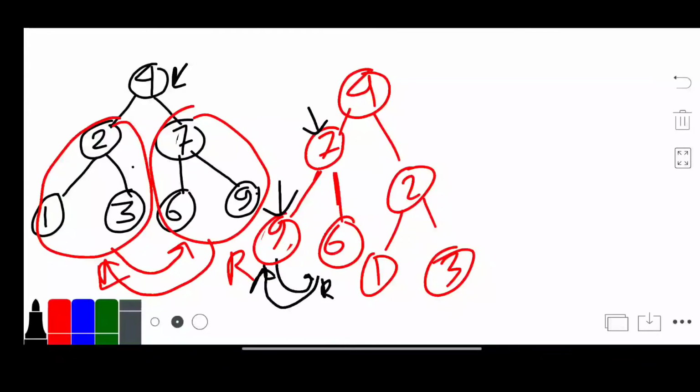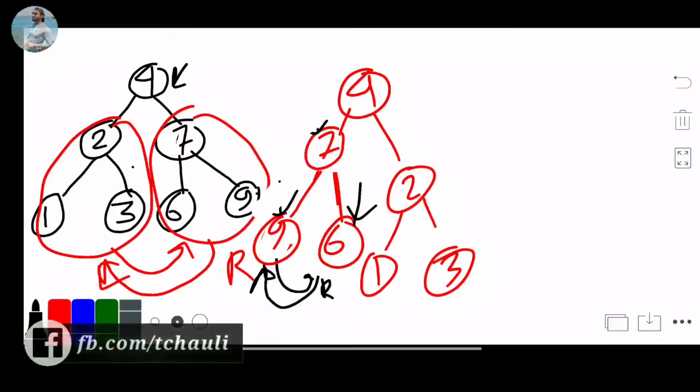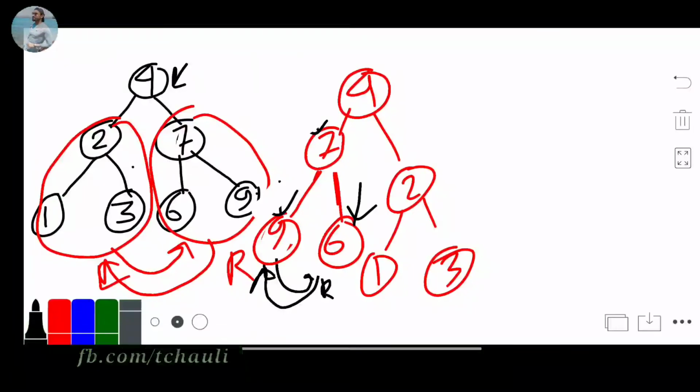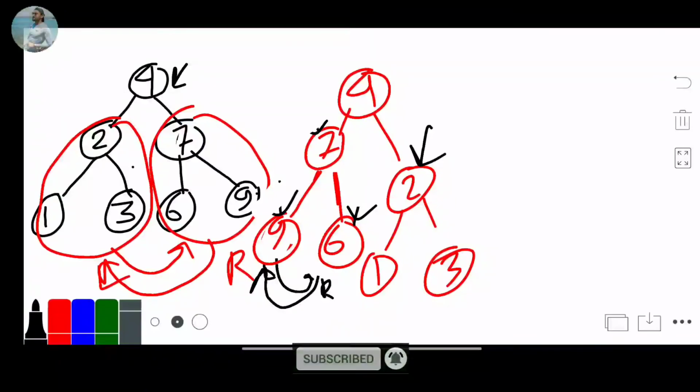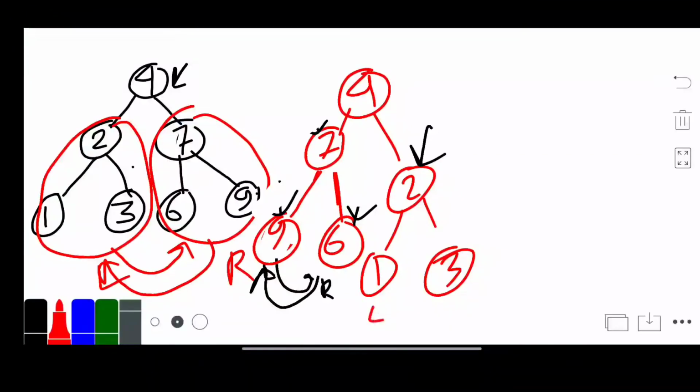So we go back to root dot right, that is this one, and again we check root dot left and root dot right. Again there is no element in either. Now we go back here and check that root dot left and root dot right are not null. So we swap root dot left, that is this, and root dot right. After swapping, this will be 3 and 1.